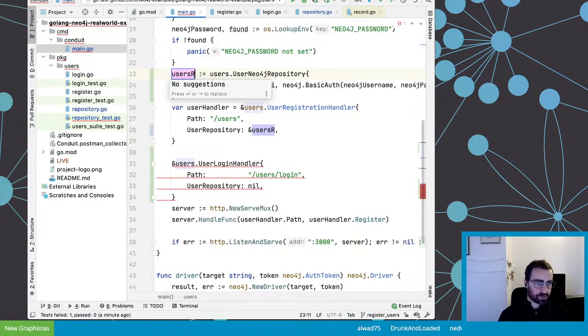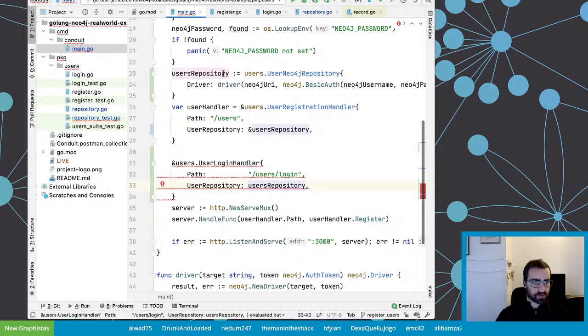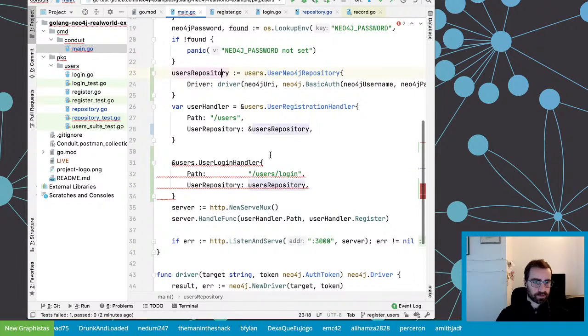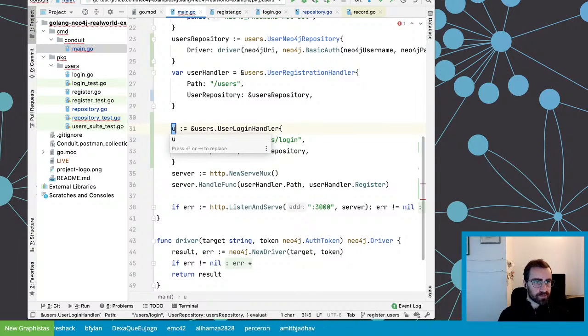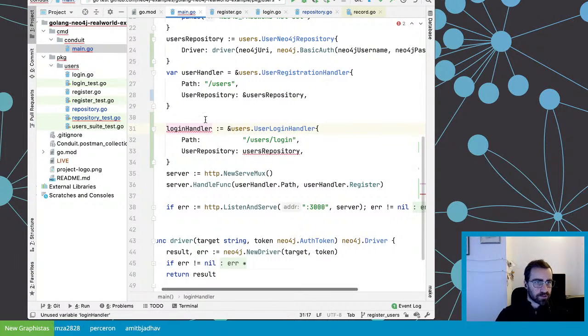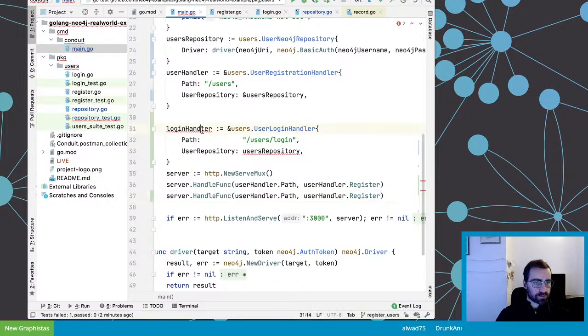So users repository. And as a side effect for now, driver happens to be a singleton as well because it's used only there. So that gives me a second handler, which will be my login handler. Not sure why I use a long form with var here. There is no particular reason. So let's go with a short form. And as here, do for now something as simple as that. All right.